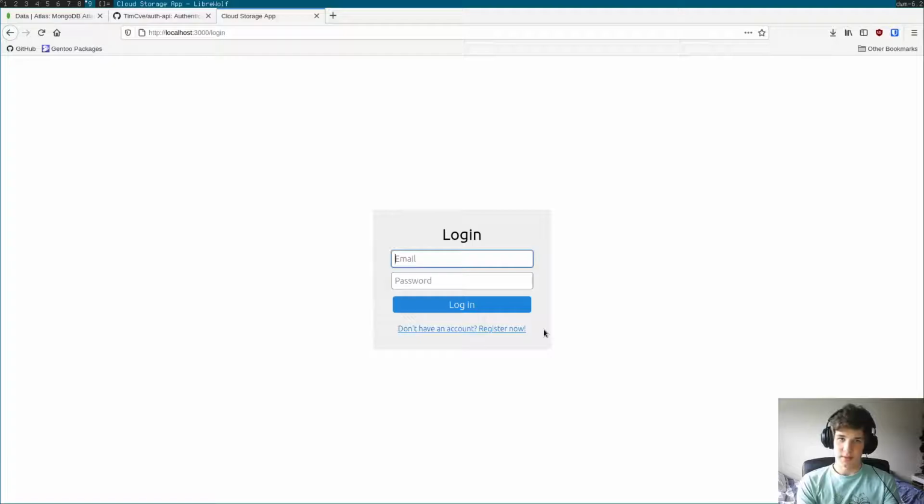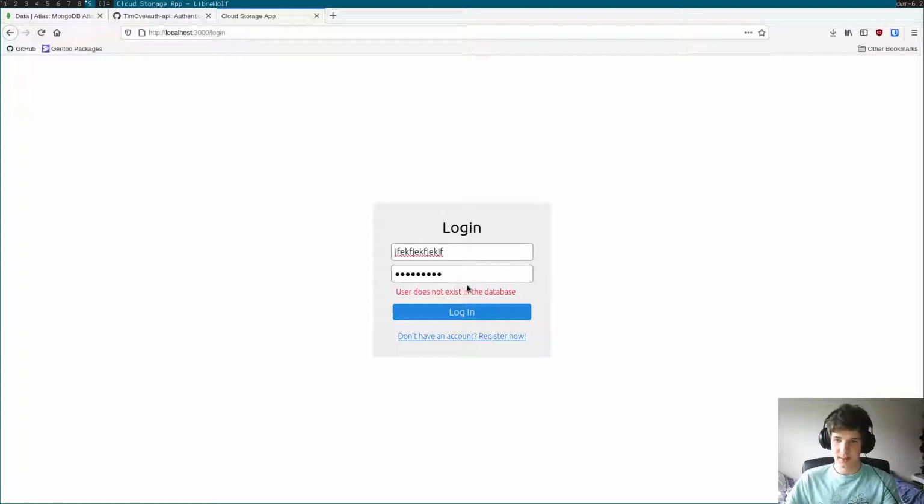Alright, now when we first open up the cloud storage app, we're greeted with this login page here. If we try to log in with a non-existent account, for example like this, it will give us an error message that the user does not exist in the database. However, we can create an account. If we click on here,